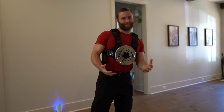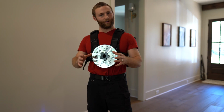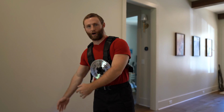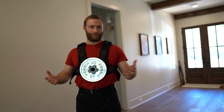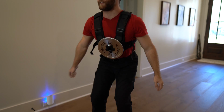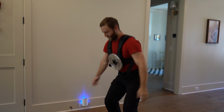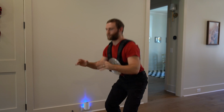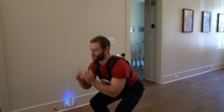Anyways, I love this weight vest because a lot of the time you're at home, you don't want to have to use a barbell and a squat rack to train your legs. In fact, with this vest, you can add up 20, 25 pounds and you can train legs with it. You can do squats, you can do lunges, and it just gives you the ability to free up your hands. A lot of the times you don't want to have to hold stuff. If it's a goblet squat, you've got to hold weight out in front of you. But this allows you to just train